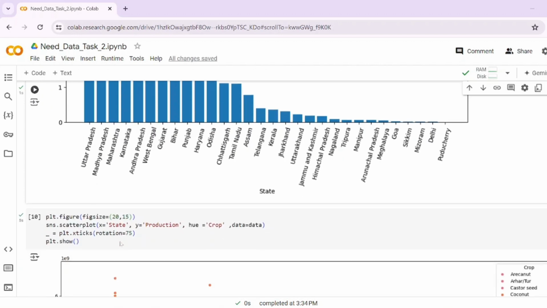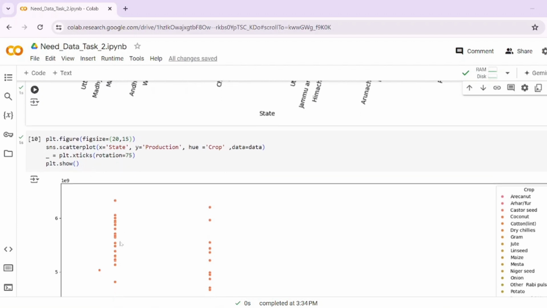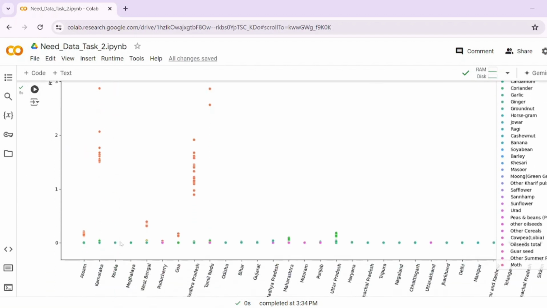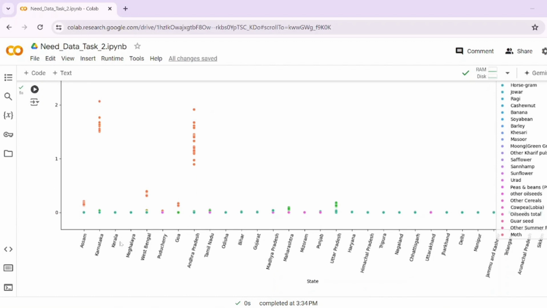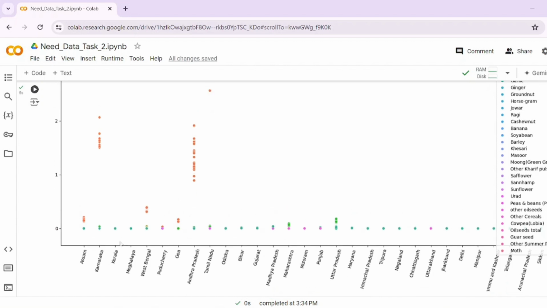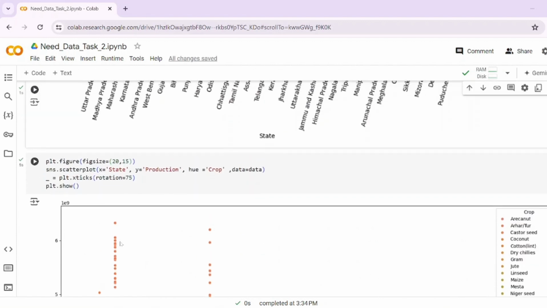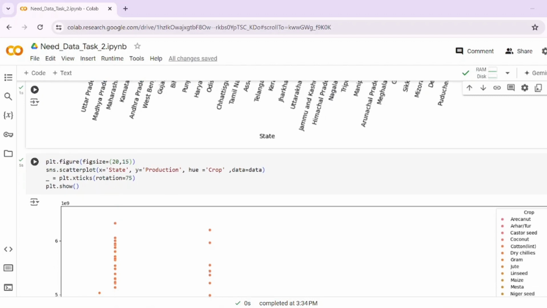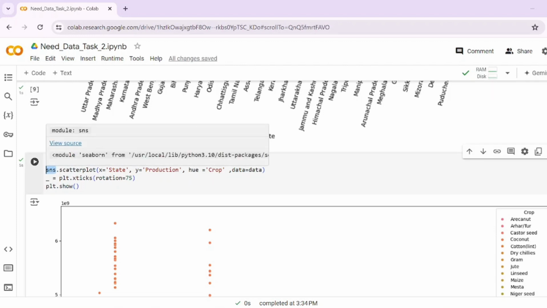Okay, next. This is for production and for states. What are the states producing? What are all the crops? That's it. So let's see the code first. I used this plt.figure to zoom my chart. Next, I used the scatter plot. In this, I have used sns. SNS means seaborn. I just used seaborn for the scatter plot, with X as state, Y as production,